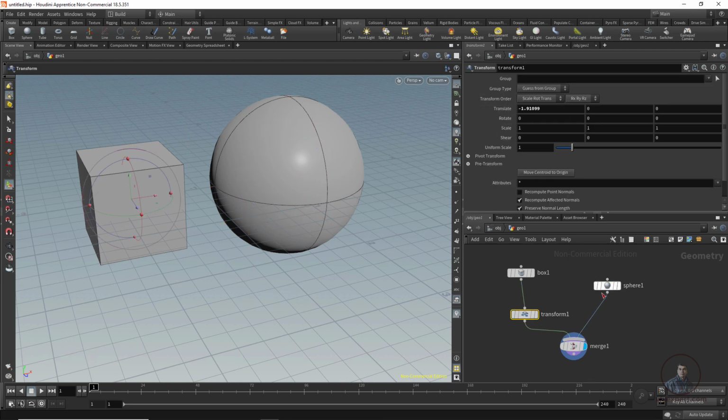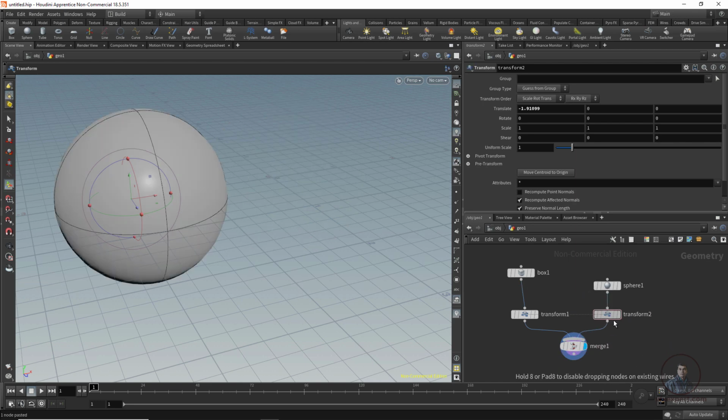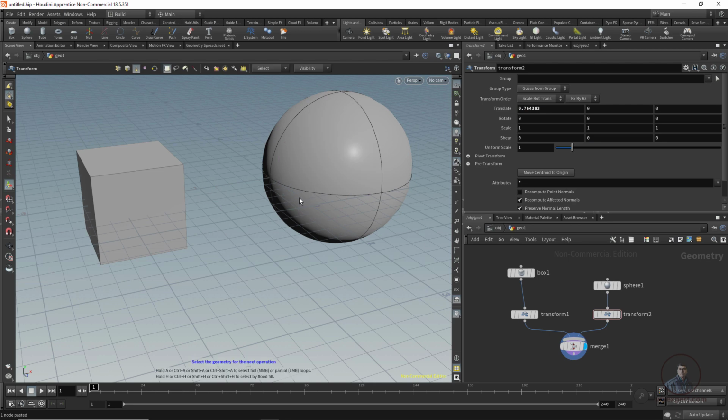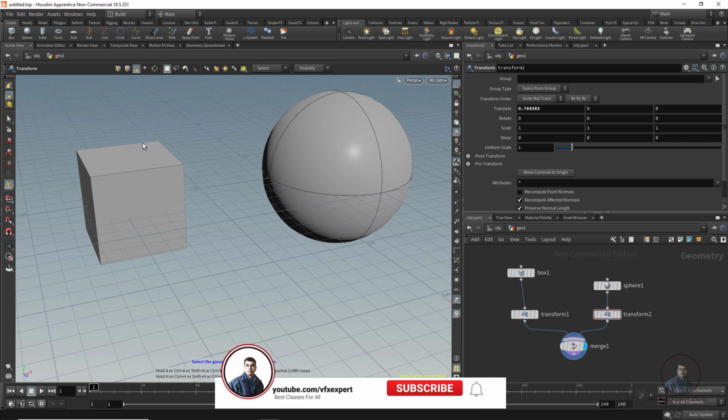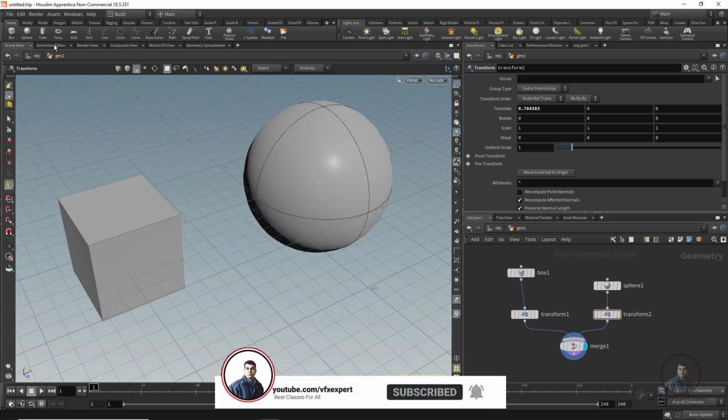If you want to adjust or move this sphere, then again take another transform, or if you want you can copy paste the same node. I've selected this one, Control C, Control V. Now attach it here, unplug from here, and attach it here like this. Now both are in the same position because both values are the same. Now move this sphere a little bit. Like this you can adjust. Now if you notice, both objects are displaying in our viewport here. Now just render this scene, then click on render view.